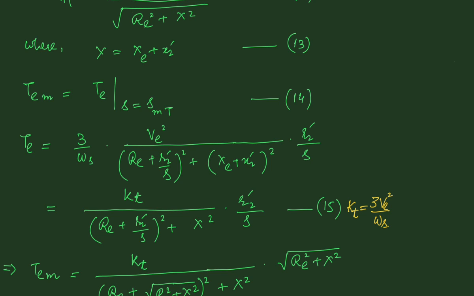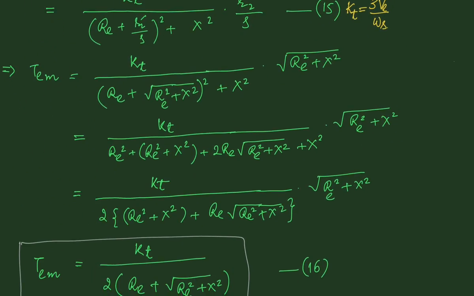Now since we have found the slip corresponding to maximum torque, if we substitute the value of the slip in the torque equation, we'll get the maximum torque developed. So TEM will be equal to TE calculated for S equal to S_mT, and we have the expression for the torque which has already been derived. Here, for the sake of simplicity, we'll represent 3 VE square by omega s by Kt. This equation therefore can be written in a simpler form as Kt divided by (Re plus R2 prime by S) whole square plus X square, times R2 prime by S,